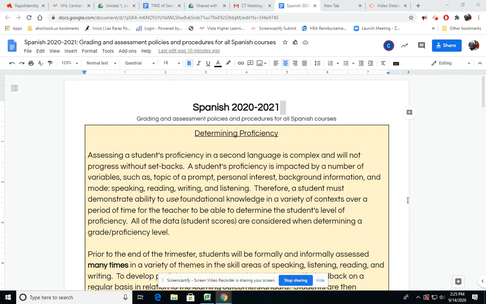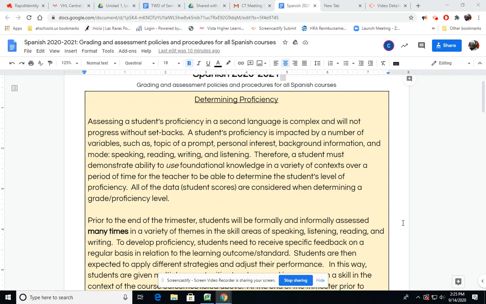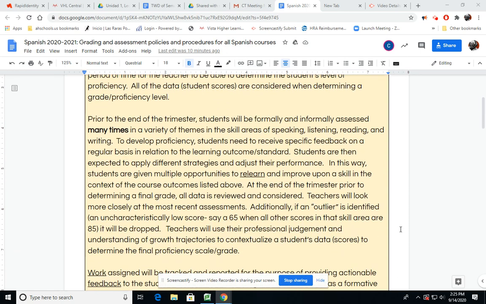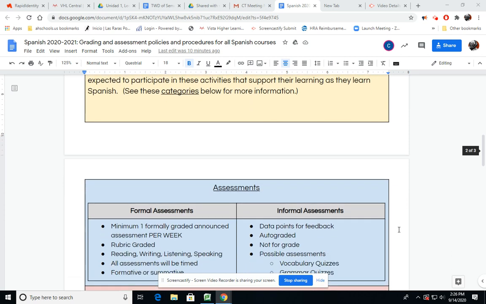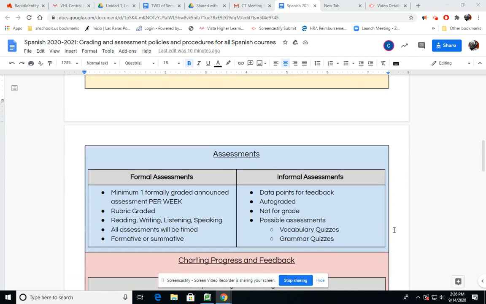And then we have a system set up for grading that is going to encourage that practice, if you will. So you can read over the top part in yellow what you're seeing here. We have two different kinds of assessments, formally graded assessments and informal. So you get a lot of informal assessments.